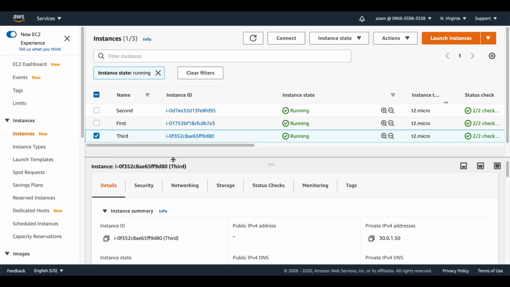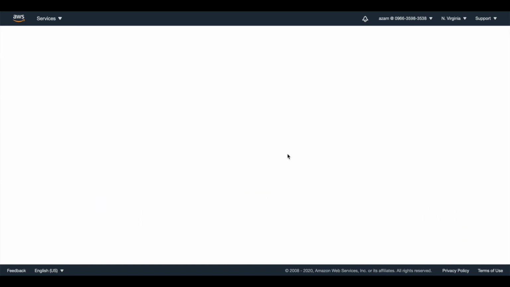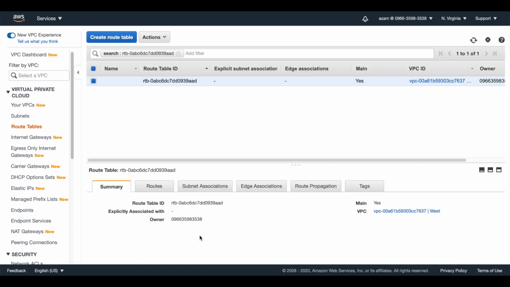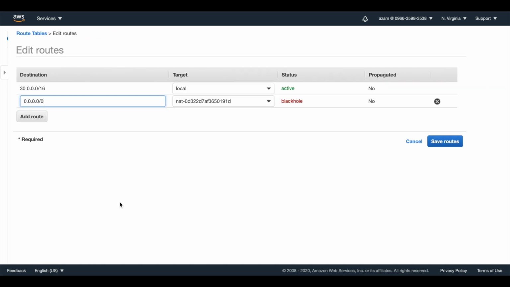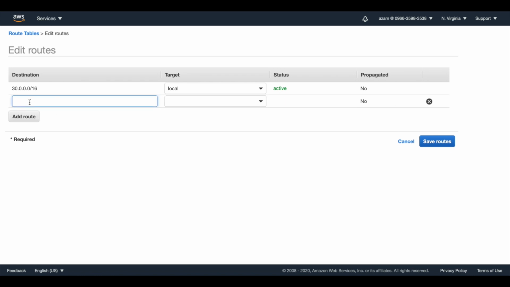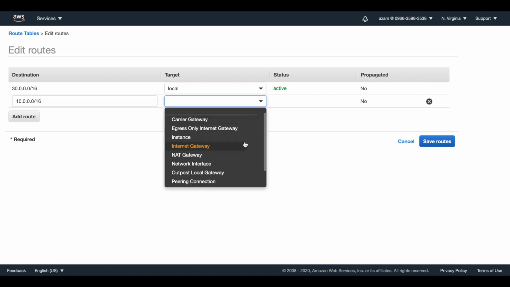Now the last EC2 instance, the third one: networking, subnet, route table, routes, edit routes, cancel this one, Transit Gateway.